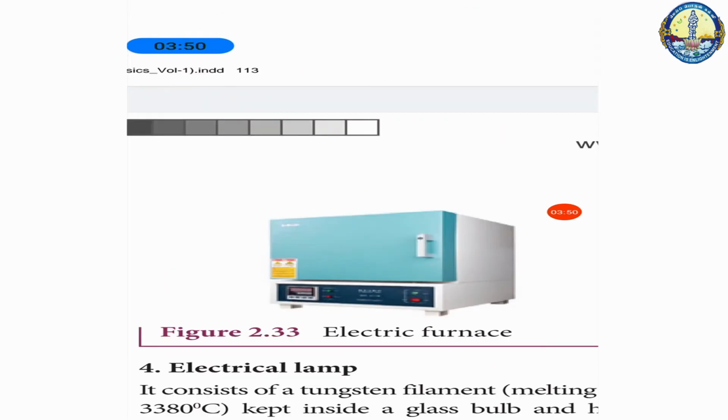Next application is the electric furnace. It is used to manufacture a large number of technologically important materials such as steel, silicon carbide, quartz, gallium arsenide, etc., so that we can melt and make the manufacturing products. To produce temperatures up to 1500 degrees Celsius, molybdenum nichrome wire wound on a silica tube is used. Carbon arc furnaces produce temperatures up to 3000 degrees Celsius.